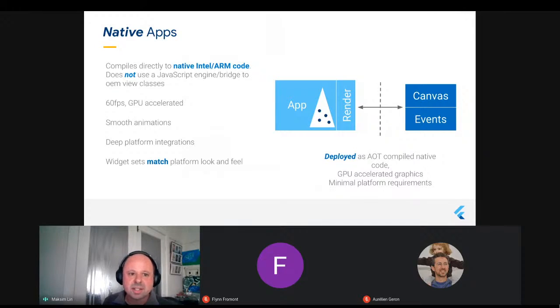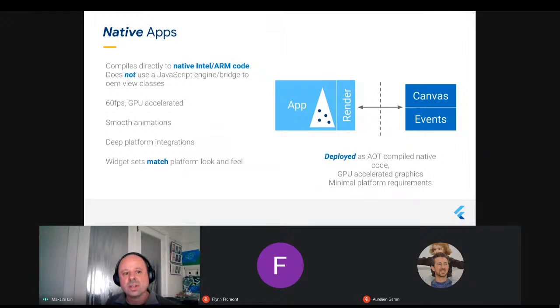So my contention is Flutter does let you build native apps, because the apps that you create with it can be compiled to native Intel or ARM binary code that runs directly on the CPU of whatever device it's running on. If you compare it to another similar SDK like React Native, if you may have heard of that, there is no JavaScript engine or bridge that's running your code and bridging it across to the user interface elements of the platform. Basically, Flutter is a native binary running on the platform where it's deployed.